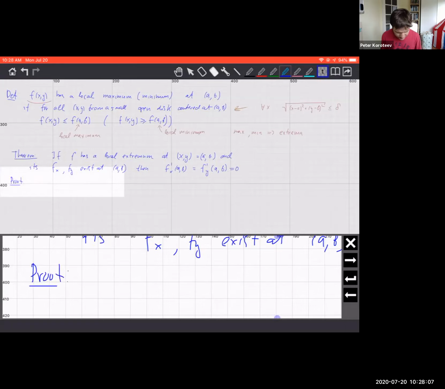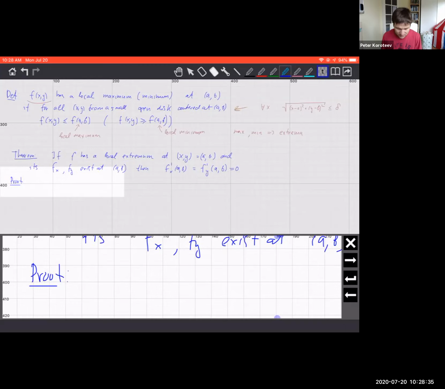Now, the analogous statement in calculus of a single variable is known as Fermat's theorem, right? So it's not the famous Fermat theorem about existence of solutions of polynomial equations, but it's a Fermat theorem from calculus. The theorem that Fermat proved when he was a kid. I'm kidding. So